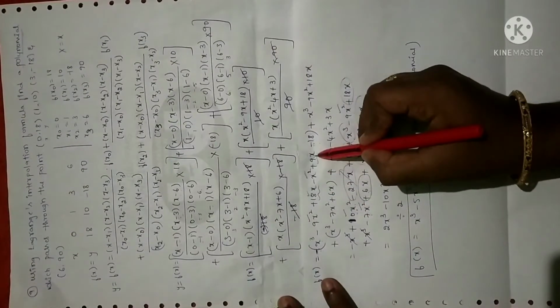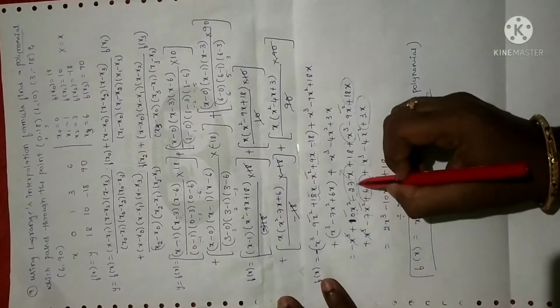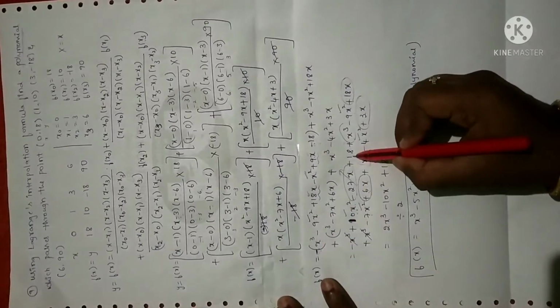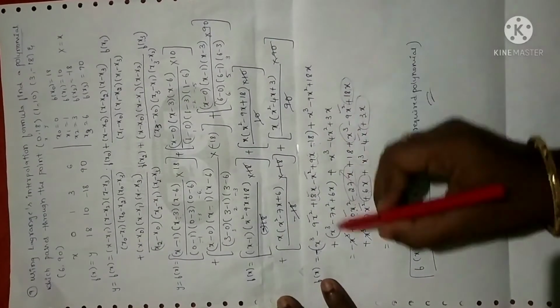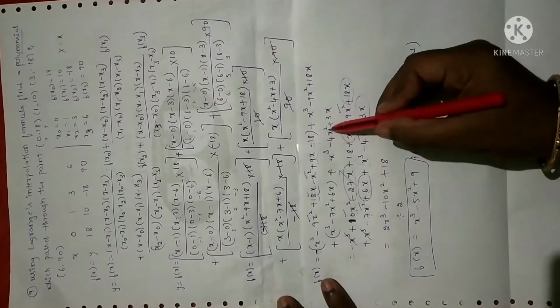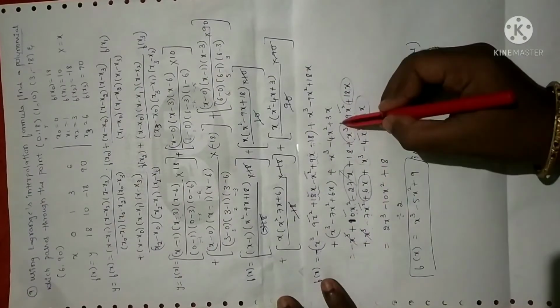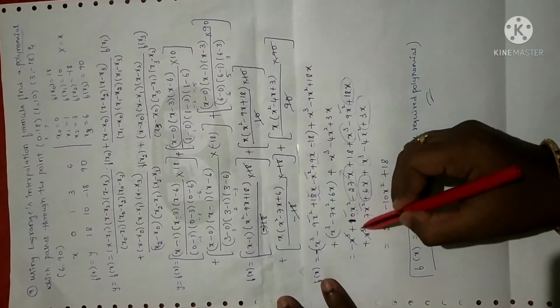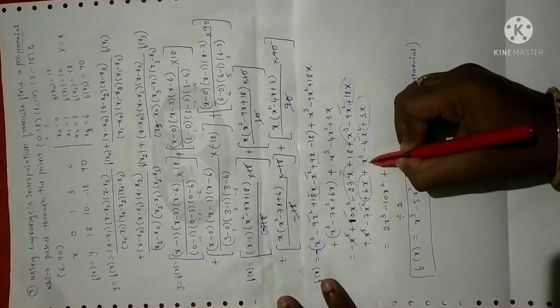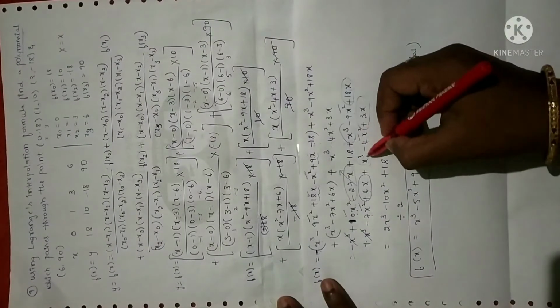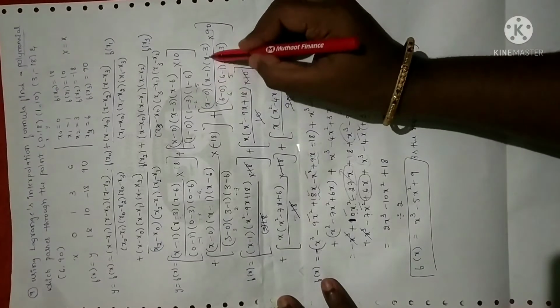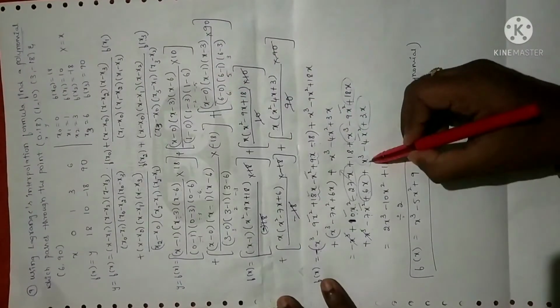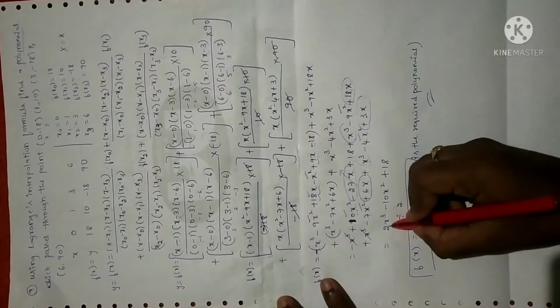Next plus 18 plus 9 is plus 27. Plus into minus is minus 27. Again minus into minus will become plus 18. Again these terms as it is. Next this term is also as it is. Now let me simplify. So minus x cube with 1 plus x cube get cancelled. Here I have cancelled. Next 1x cube, here 1x cube you have. X into x square is x cube, right? See here. When you multiply these terms you will get x square with x cube you will get. So x cube plus x cube is 2x cube.